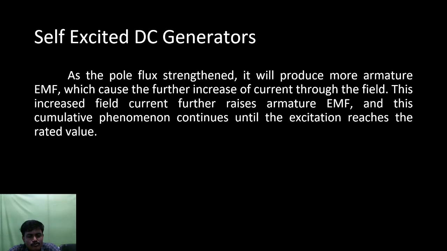Then as the pole flux strengthens, it will produce more armature EMF. So then and there we are increasing the armature voltage. First we produce a small amount of voltage due to the residual magnetism. Due to that residual magnetism, sometimes you may get 1 to 2 volts. That partial amount of the 1 to 2 volts goes again back to